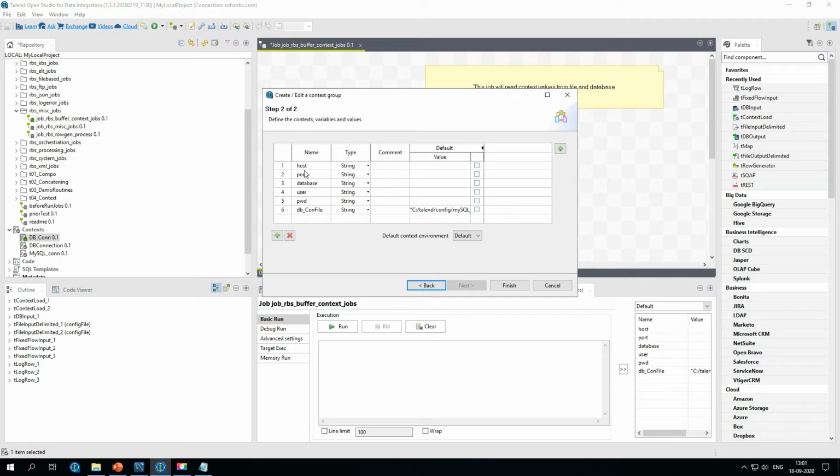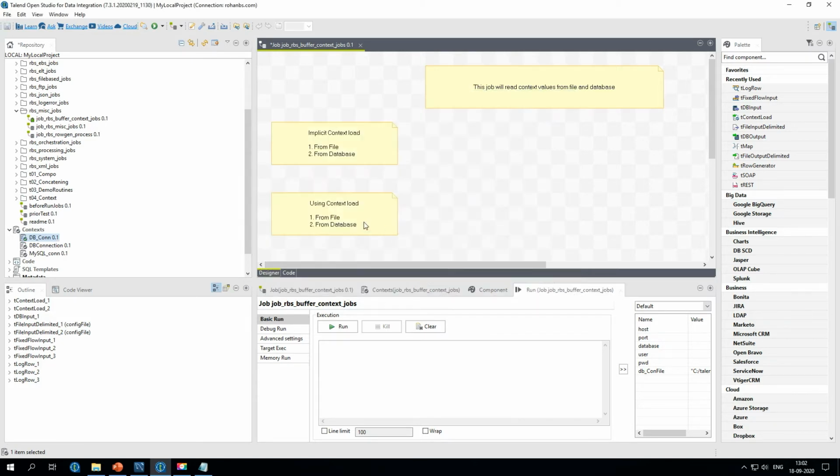So for now, we'll make use of these first five variables, and if you notice, the default section has no values. The purpose of this is to let the job get these default values when the context file is missing or has no value or any missing values. So this is the purpose of default. And of course you can create different groups here, one for each environment. For example, you can create a dev, QA and prod and things like that. We will look at that example in this same video in the next few minutes. So for now, we'll just use the first five.